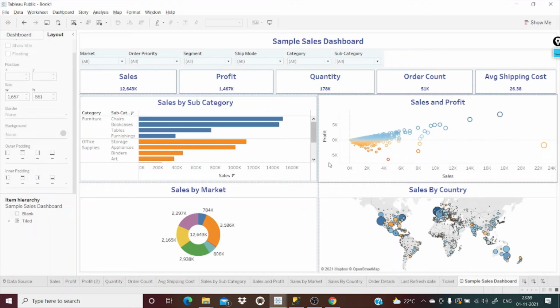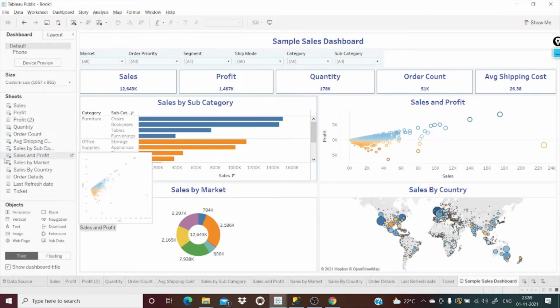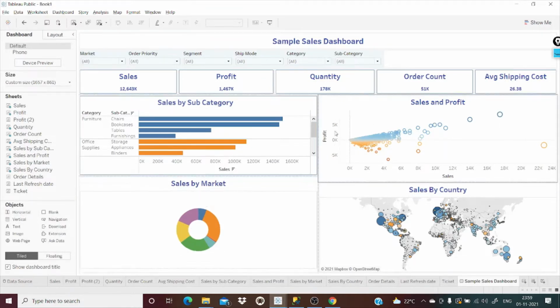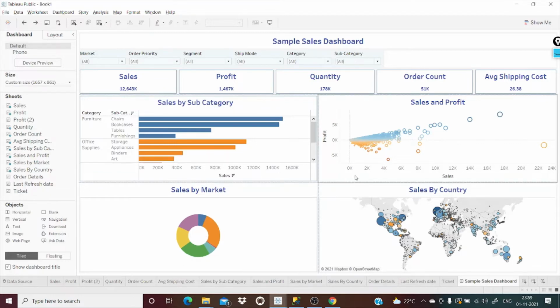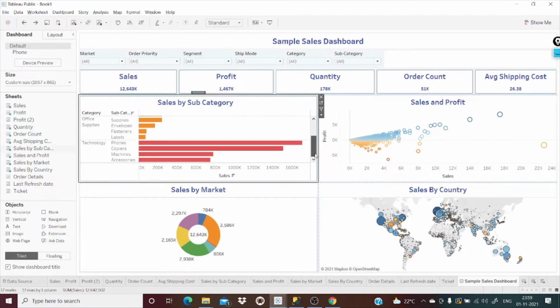If you place these individual sheets inside this vertical and horizontal container, what happens is when you click on this one, automatically even this page will be reflected. But I don't want to make it complicated, so I'm just dragging and dropping. Okay, Control Z. Okay, now this is fine.